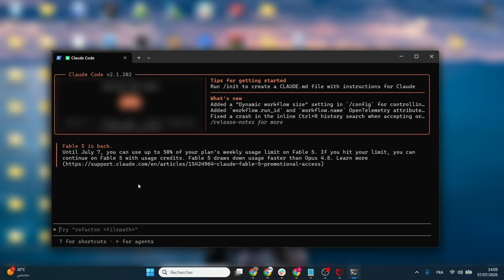In this video, I'll show you how to check your Claude Code token usage, limits, and statistics. So without further ado, let's get started. First, open Claude Code in your terminal. To check your current usage, simply type the following command: